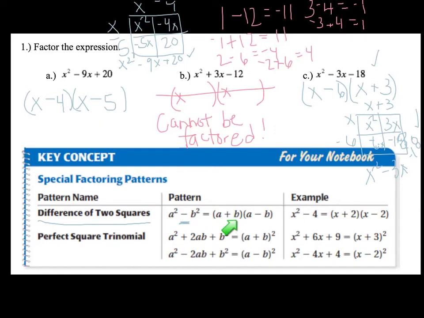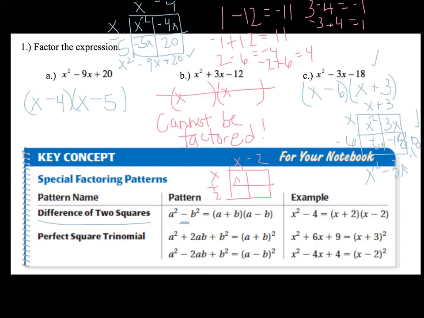What we place into those binomials are the square roots of each term. So for example, if we have x squared, take away 4. If I square root x squared, I get x, so that's the first term in each binomial. If I square root 4, I get 2, so that's the second term in each binomial. I need one with a plus, one with a minus. So that if I multiply this out, my outsides and my insides are going to cancel, leaving me with only 2 terms. So if we do x minus 2 times x plus 2,